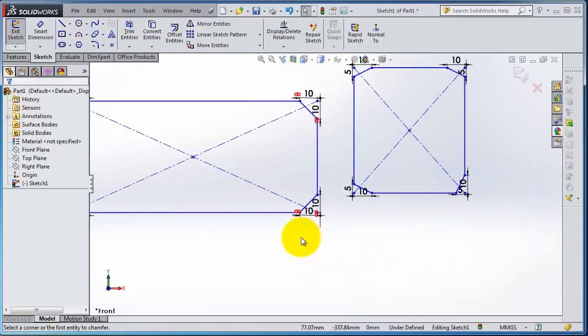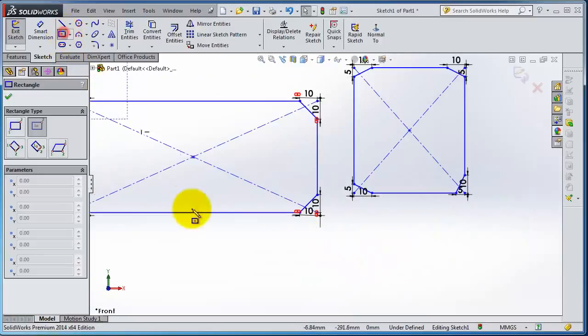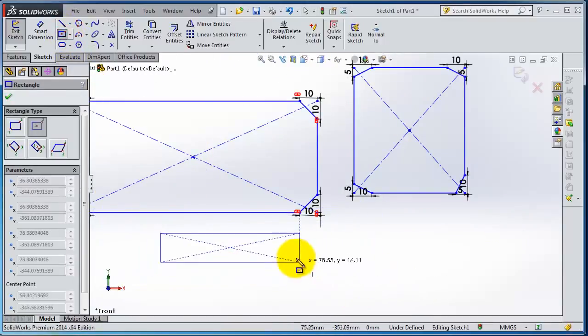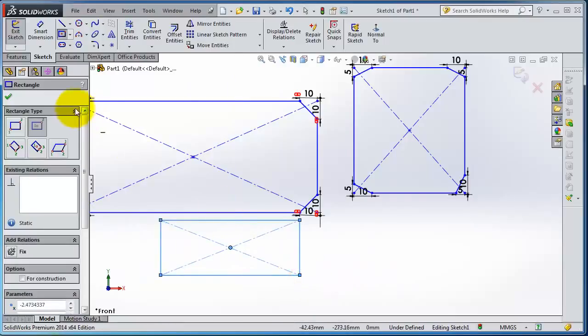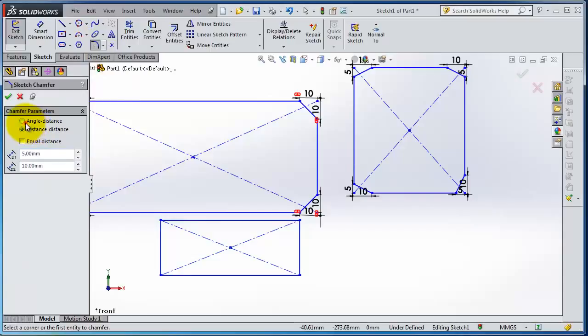different distances. Again, let's create the last rectangle and select chamfer. In this case, let's choose the angle. We can make 30-degree angle, 2 millimeter. Okay,